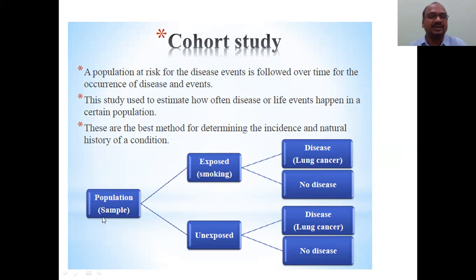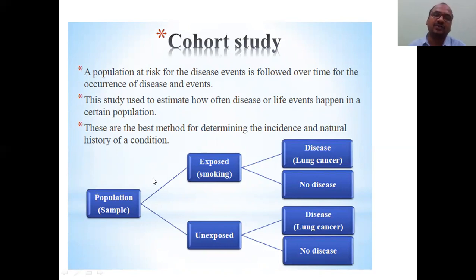See here, population is also called a sample. I am taking some 10,000 persons in the Ibrahimpatnam area. This is an observational study. I am not assigning any work to them. Okay, observing that, I will divide them into two: those people who are exposed to smoking, those who are smokers, and those who are not exposed, non-smokers. I observed that 5,000 people are smokers and 5,000 people are non-smokers in the Ibrahimpatnam area out of 10,000.